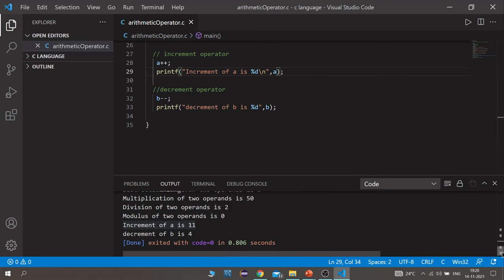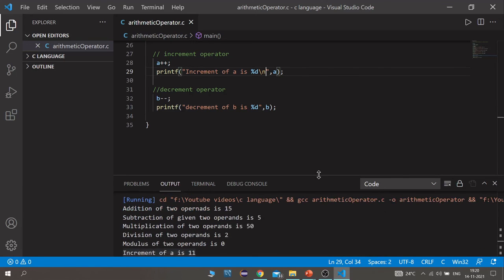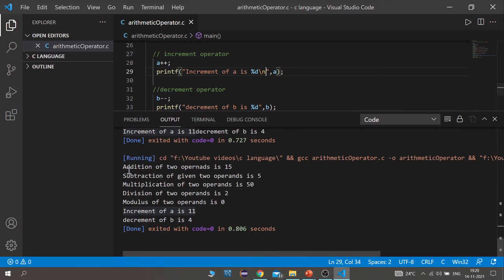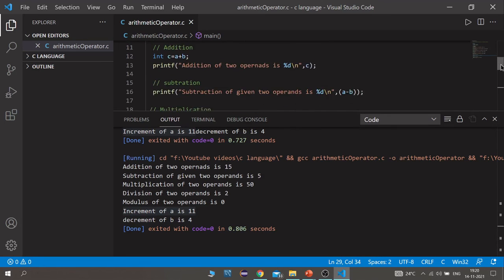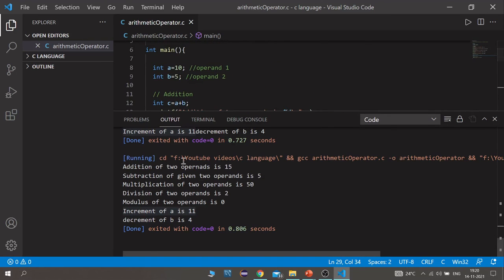Now here you can see all the arithmetic operations. You can see addition of 10 plus 5 is 15, subtraction is 5, multiplication is 50. Then we have seen the division.